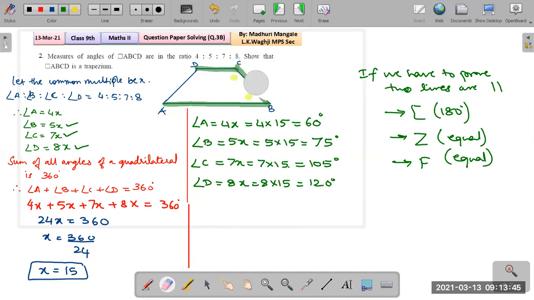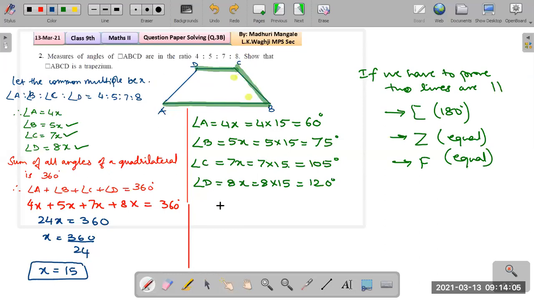So we begin with saying, okay, so just check. What are we going to say? We say that we are going to add and check if the sum of these two angles is 180. If the sum of these two angles is 180, then we say those two sides are parallel.